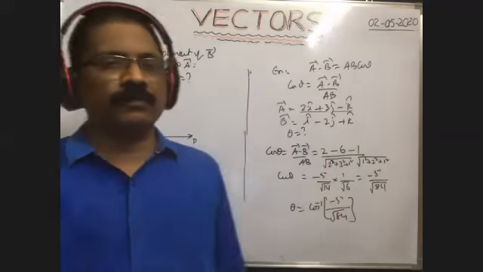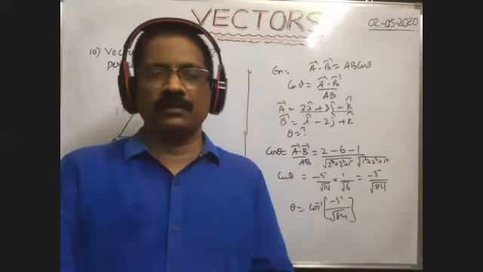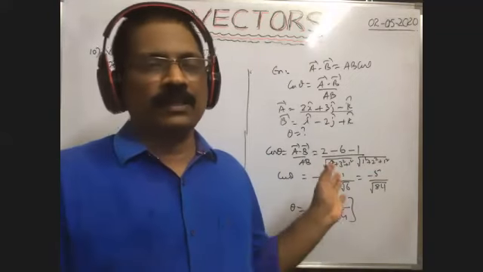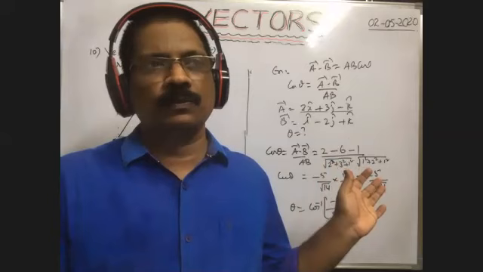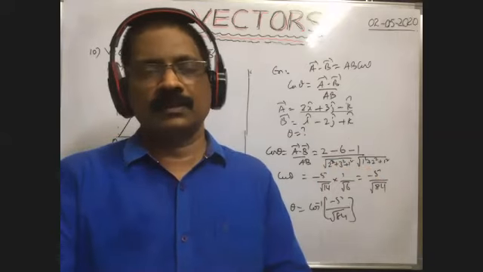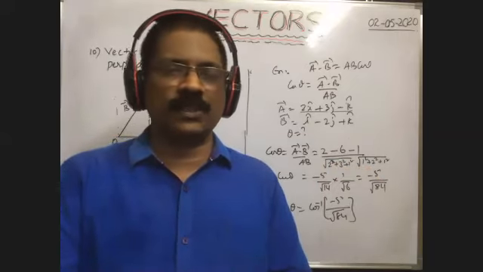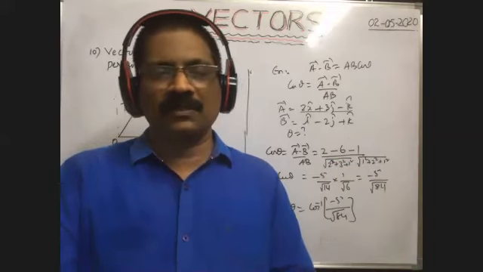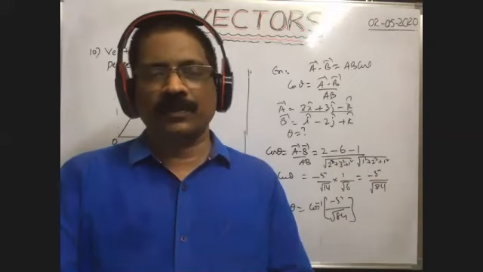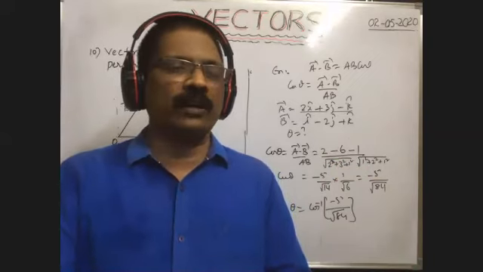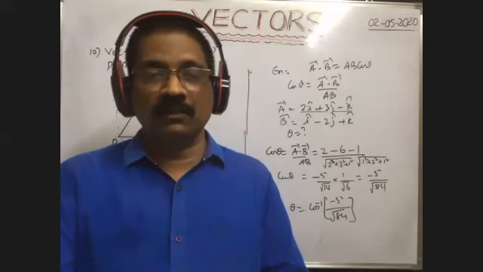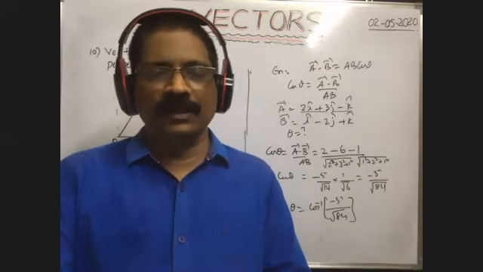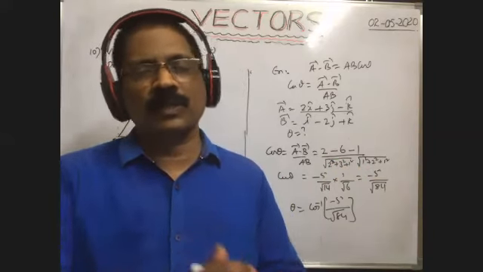Next evening also we have to take a class. Definitely I will send the notes to you. I will take the evening class, 6 to 7. Shall I take the class from 4 to 5 or 6 to 7? Tomorrow we have to write the exam, no? Okay, 4 to 5 I will take, 4 to 5:30, very good. 4 to 5 I will take the evening class. In that we will discuss the cross product and some problems.